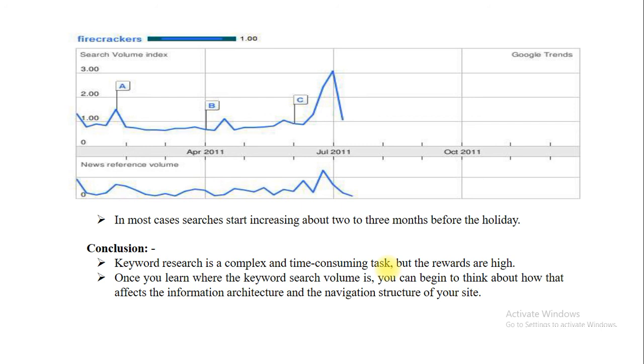So over here we are going to complete the first half of the unit on keyword research tools. In our next video we are going to start with optimization for vertical search. There are only a few topics which we have already discussed regarding vertical search: improvement of local search, improvement of image search, improvement of product search, optimizing for news search or blog or feed search, and mobile, video and multimedia search. So within 2 lectures we are going to complete this particular unit. This is more than enough for today's session.